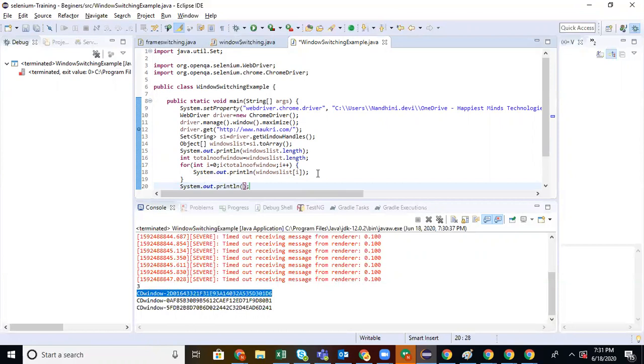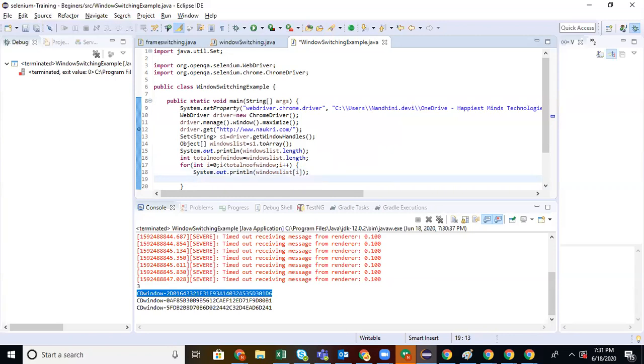Okay. Where currently the window is, what you can do is switch to the first window. Okay. And then you get the title. If the title is same as your home window, you can ignore it. Then the other windows you can close.